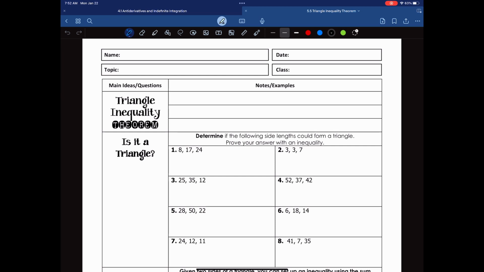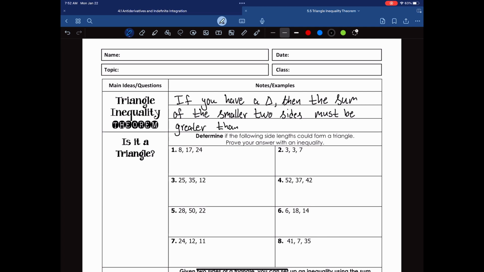The triangle inequality theorem says that if you have a triangle, or if a triangle exists, then the sum of the smaller two sides must be greater than the largest side. Okay, and what that means is what we're talking about when we're saying the sum of the smaller two